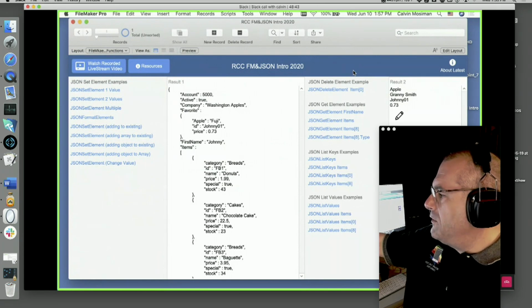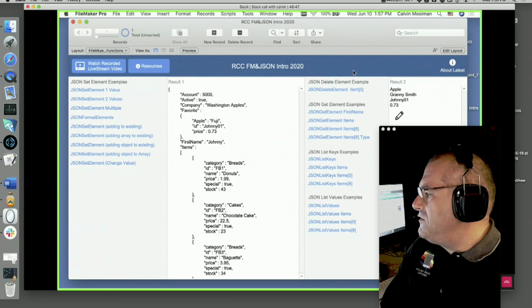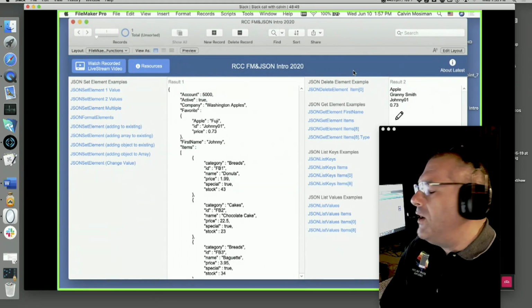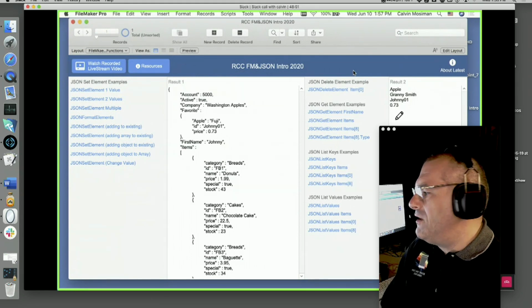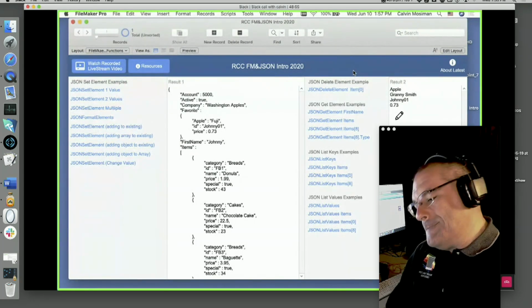So Michael Gravel says, so an object of is an array of one item. Yeah, what is the technical definition of a JSON object, Calvin? Right, because it's kind of batted around kind of loosely, but